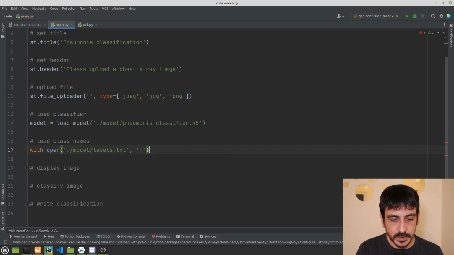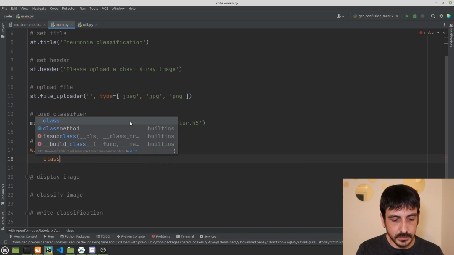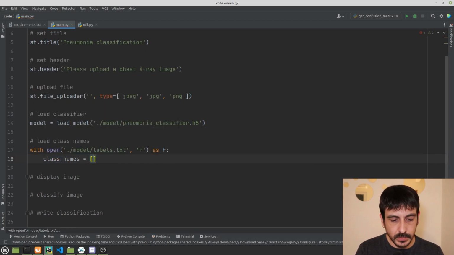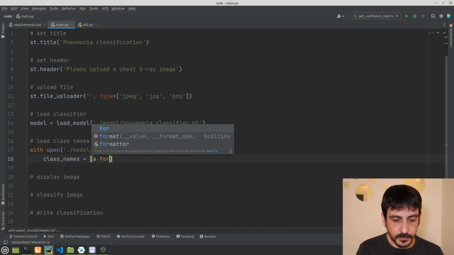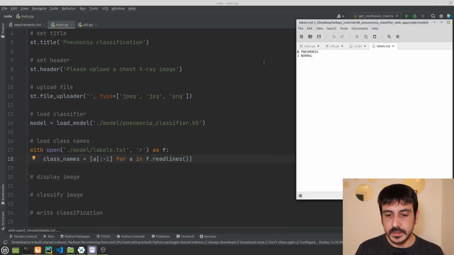We're going to open this as r, as f, and then we're going to say something like class names is equal to, then we're going to do something like for a in f.readlines, and obviously we are not going to mind the last character because that's a new line character, and that's basically all. But if I show you this file again, you can see that this is exactly how this file looks like. We have a 0 and pneumonia, and we have a 1 and normal, right?